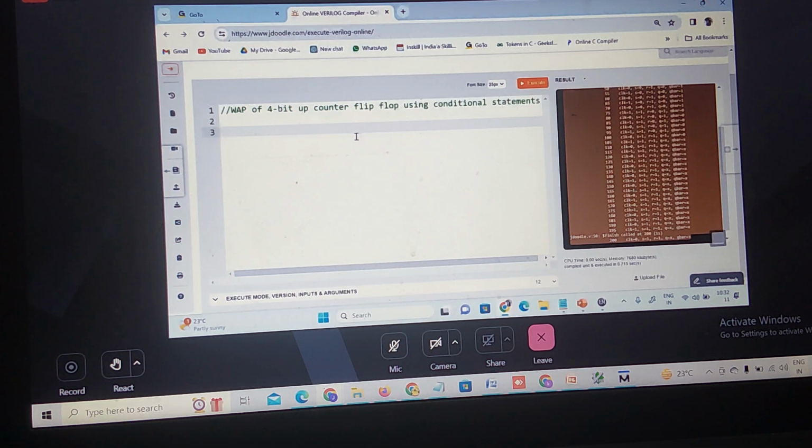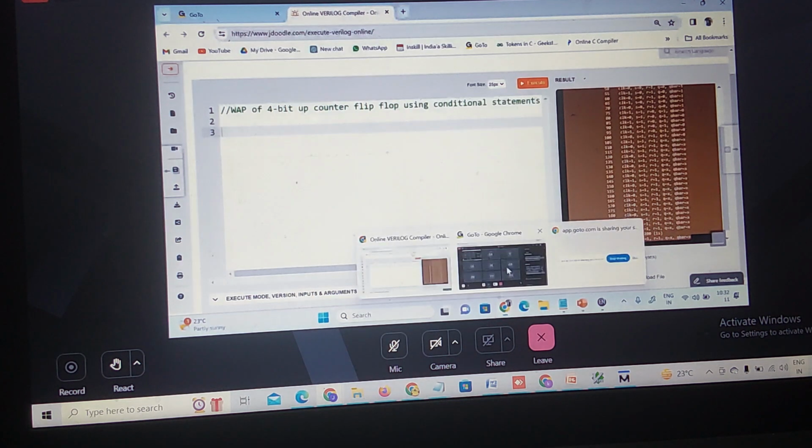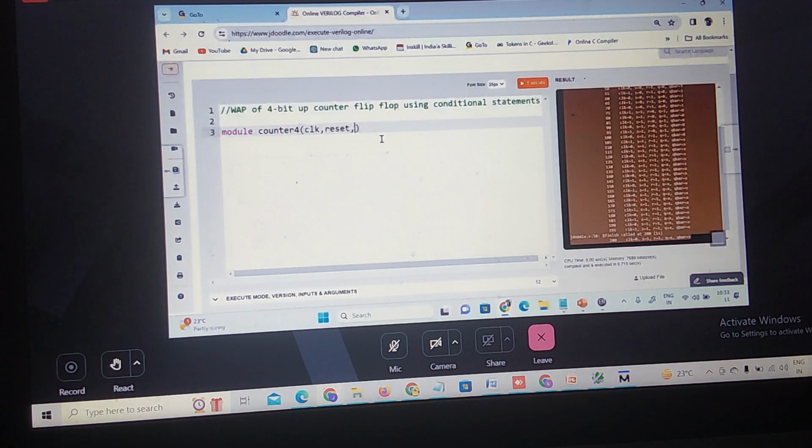How to write a program for this? Module counter, with ports clock and reset, and Q. Q is nothing but the output of the counting operation. Or, if you are getting confused, you can take count also. Then what are the inputs to this? Inputs are clock and reset. Output